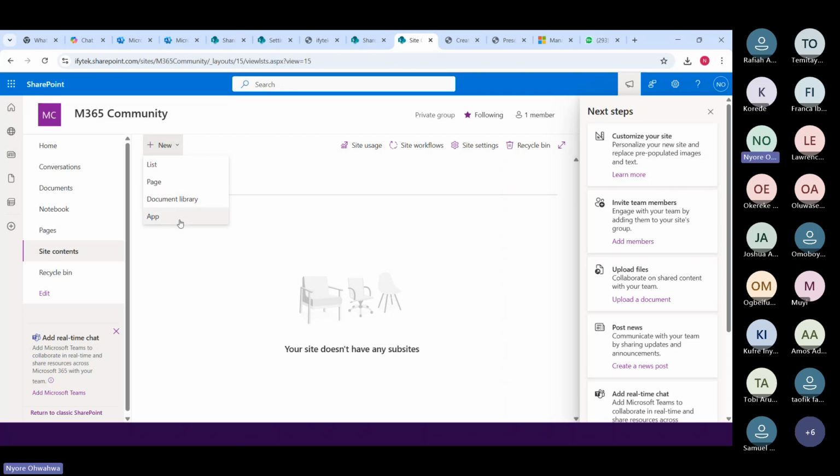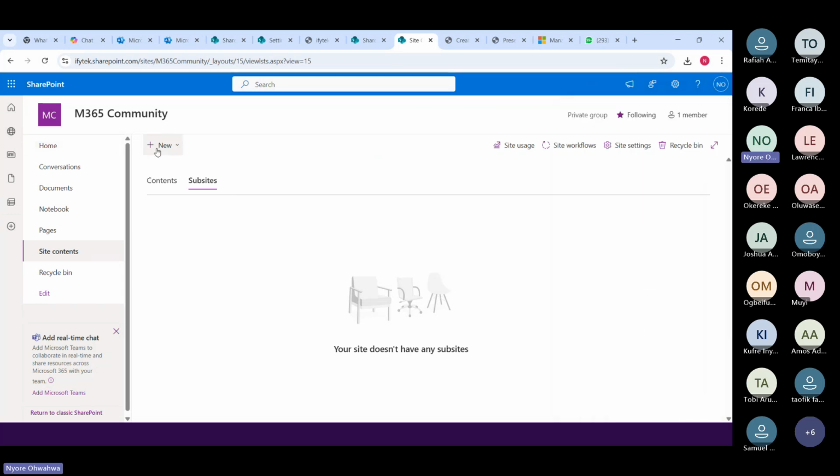You're supposed to have an option that says sub-site. So everybody went into site contents, clicked on new, to create a sub-site. We couldn't find sub-site creation.